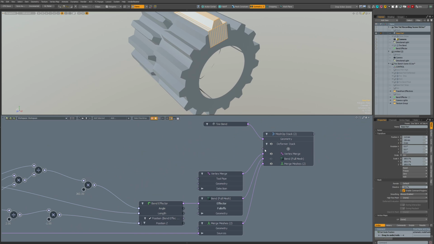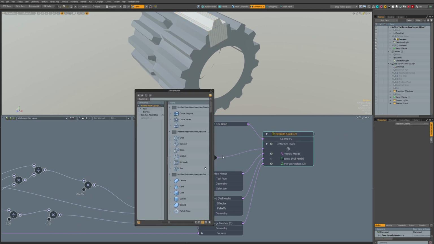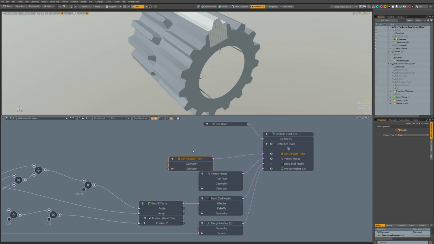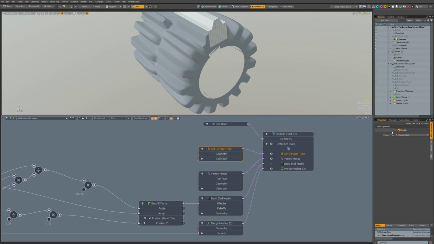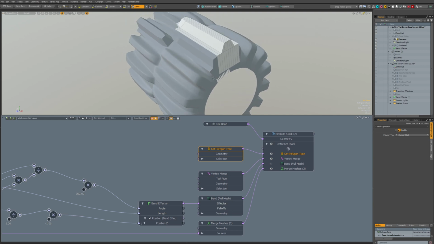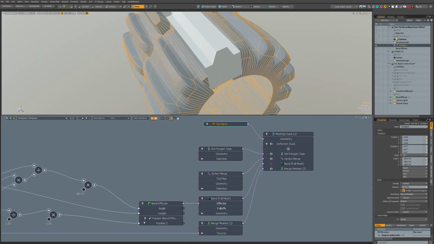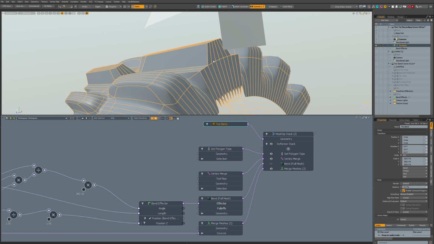So I'll add a Catmull-Clark here. Set polygon type. Oh, strange. We have a missing logo. And that one is that. Okay, that's a strange one. I think I need to.